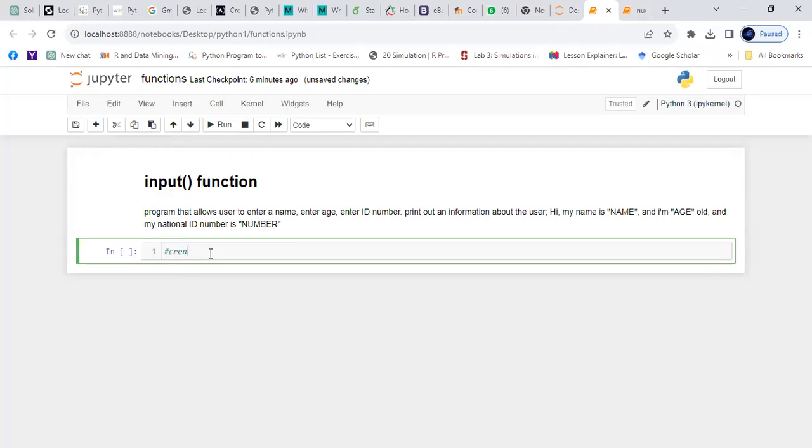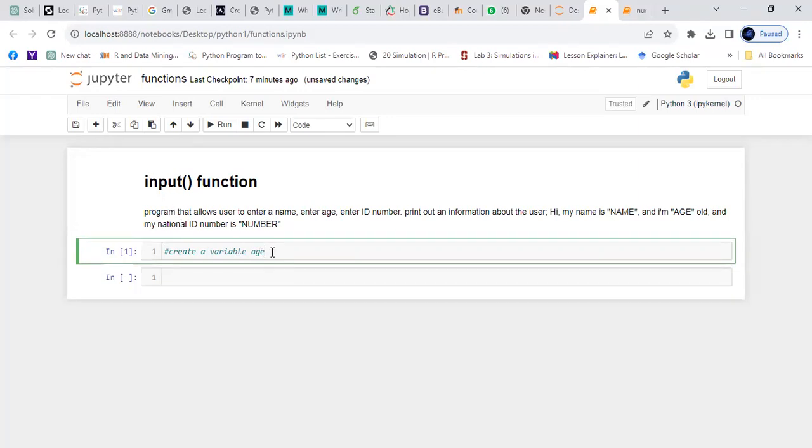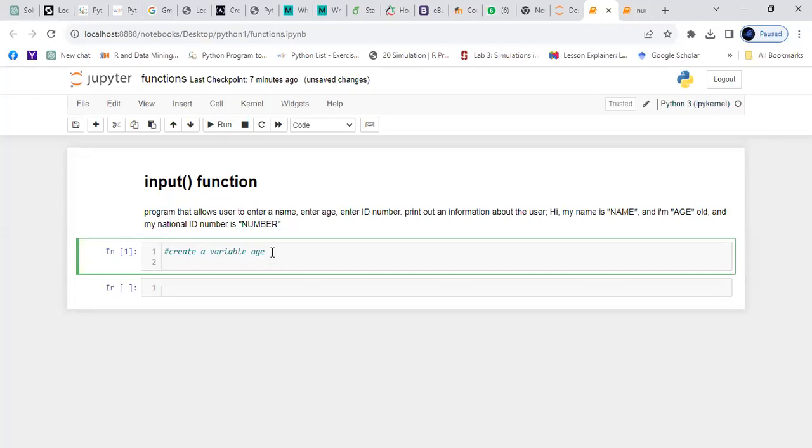So we can create a variable age. Create a variable age. Let's just do that in the same cell. So I would say age is equal to,